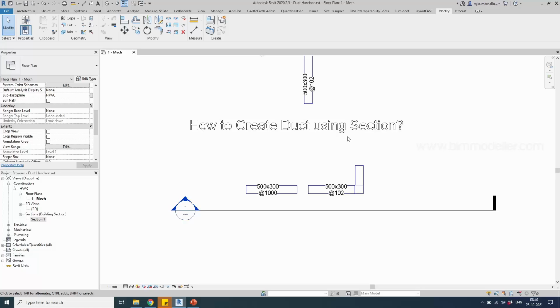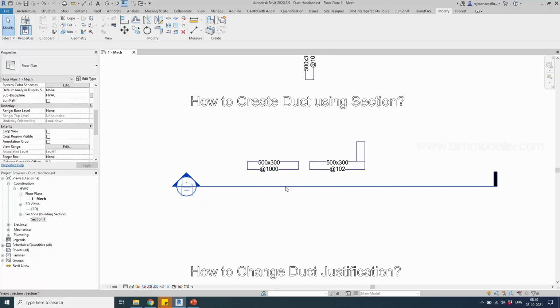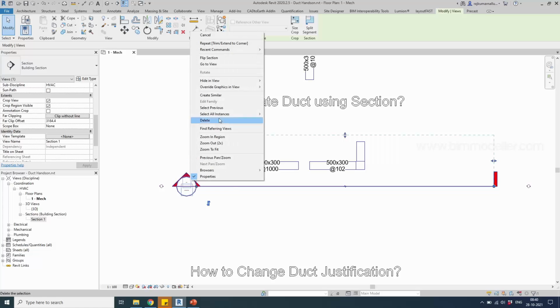How to create a duct using a section? Sometimes we may need to create a section view because we may have complex systems which cannot be created simply on the plan view. We have to double click on the section head after creating it, right click on them, go to view,